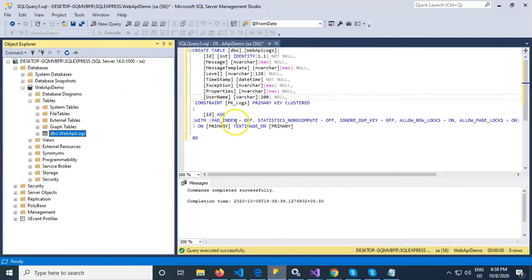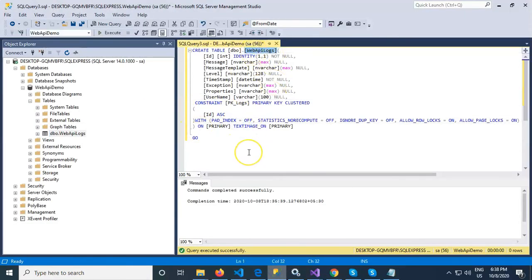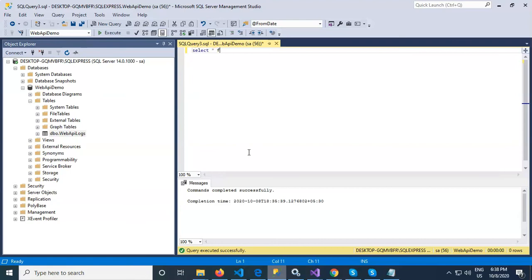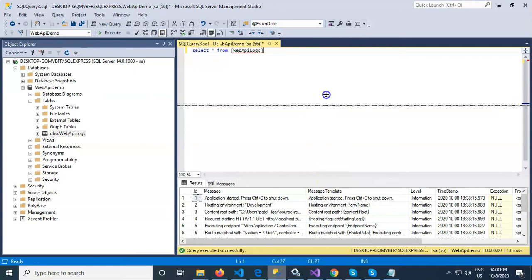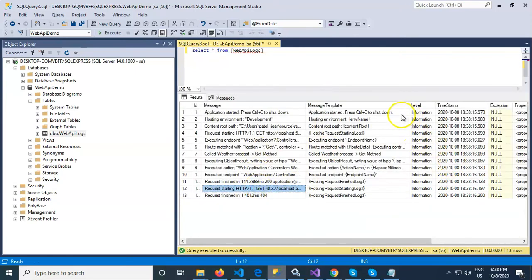Okay, our project runs. Let's see, it has logged information here. Yes, see, it has logged all the information like application started, hosting environment is development, all this, right?